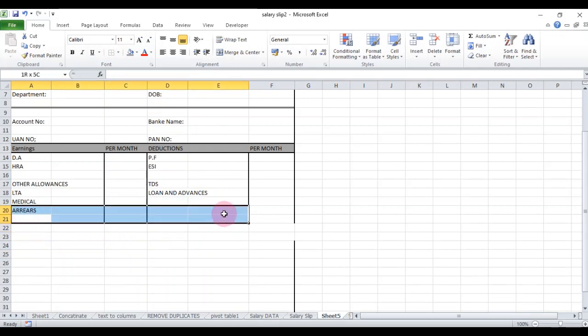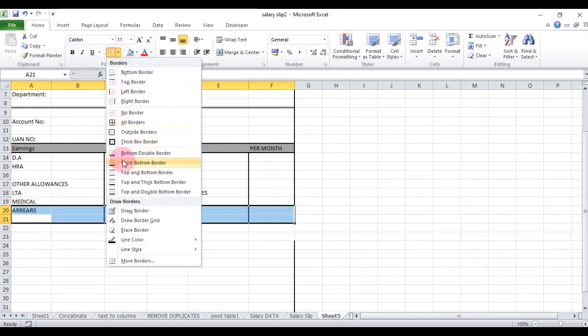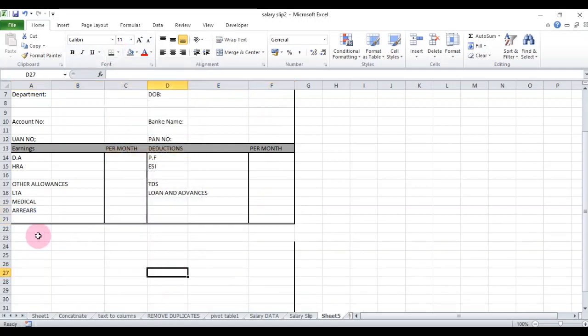Here you make a double border line. Then here type gross earnings A. Gross deductions B.